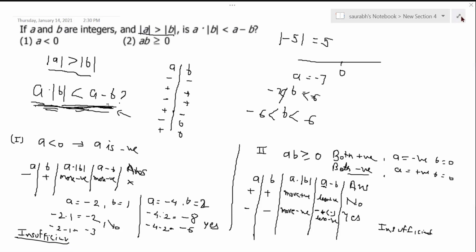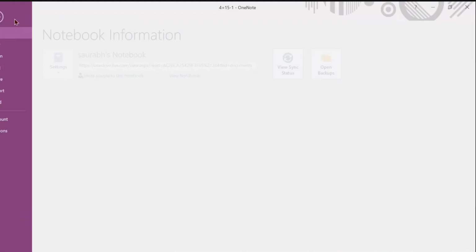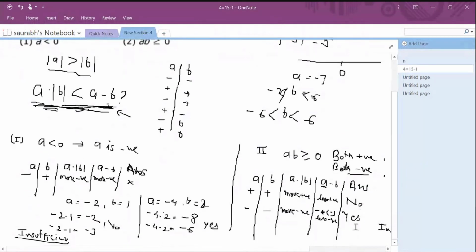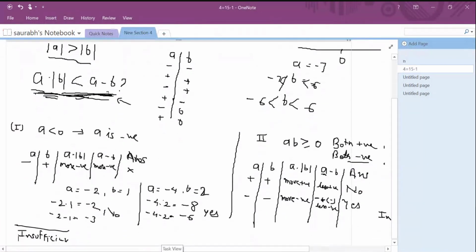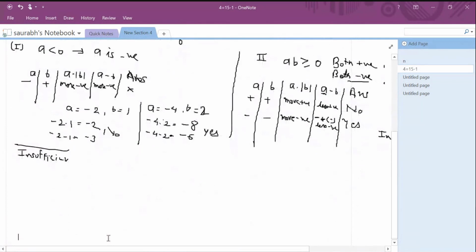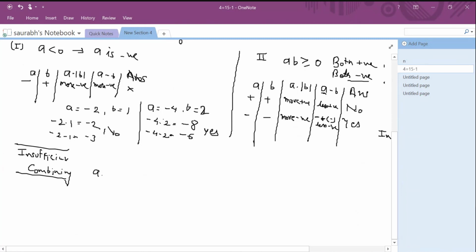And there's one more scenario. What is that? Oh, zero. But 0 is not possible because A can be negative and B can be 0. Very nice. So you see, three cases are possible. All right. So when combining, clearly both are of the same sign, so both are positive or both are negative. Or A could be positive and B is 0. Then A could be negative and B is 0.